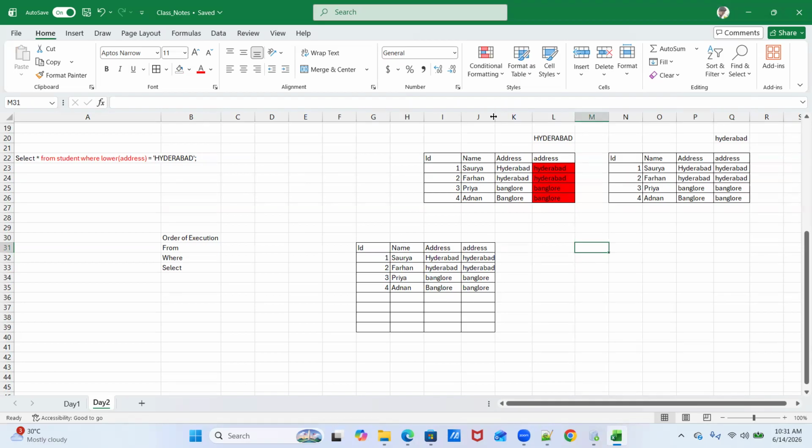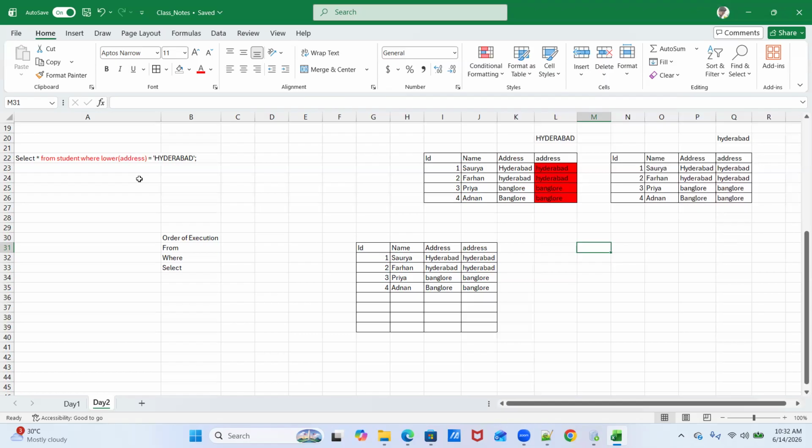Once the data is converted, it checks what value the user wants to compare it with. The engine sees the user wants to compare with uppercase of Hyderabad, and then it compares the column with uppercase Hyderabad.